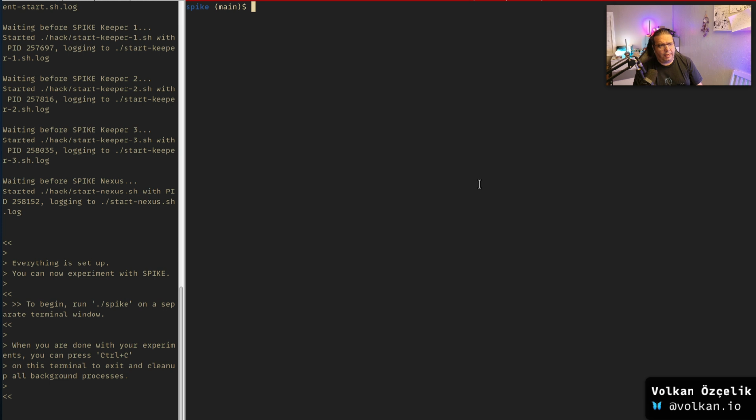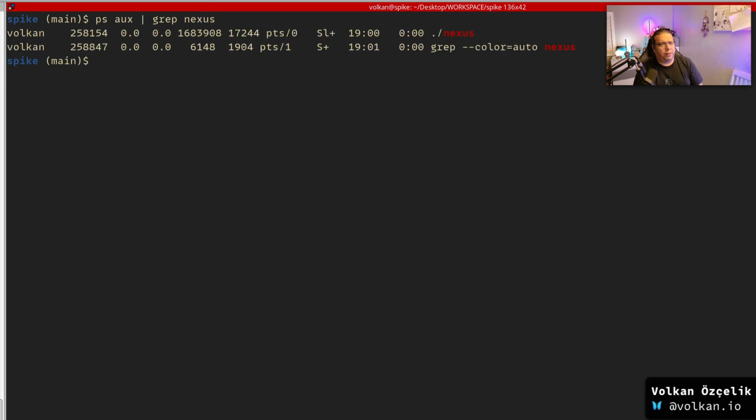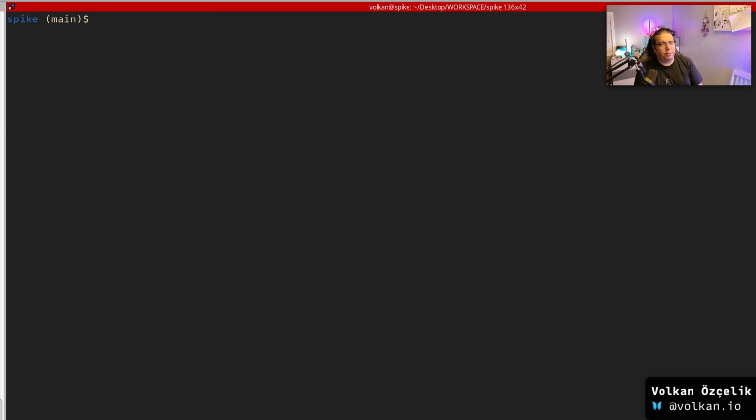I can see that things are running by doing a ps aux grep nexus, which will show that I have a SPIKE Nexus instance running. If I do keeper, we can see that we have 3 keepers up and running on the system as well. So let's run SPIKE. For example, if I do spike secret list, we can see that we don't have any